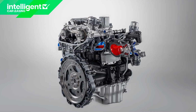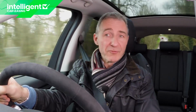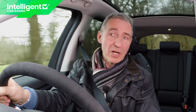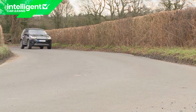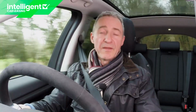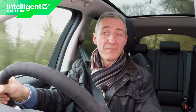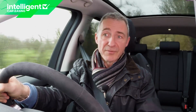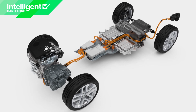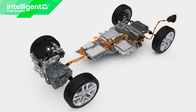The mild hybrid petrol versions are some way off the diesel readings, of course. A P200 model manages up to 30.2 mpg and 179 grams per kilometre, while for the P250 it's 29.9 mpg and 182 grams per kilometre. If you're set on fueling from the green pump, then we would recommend the PHEV plug-in hybrid petrol derivative as a much better alternative. This mates a 3-cylinder 1.5 litre petrol unit, putting out 197 HP